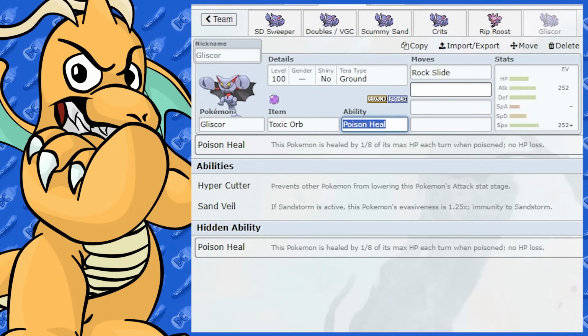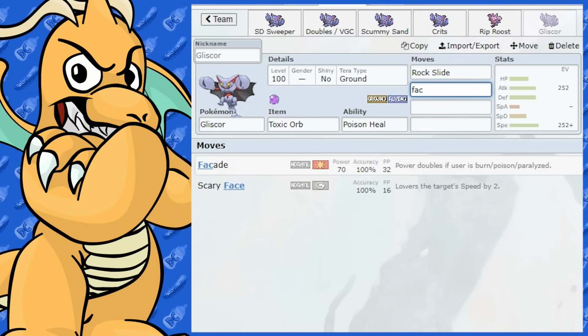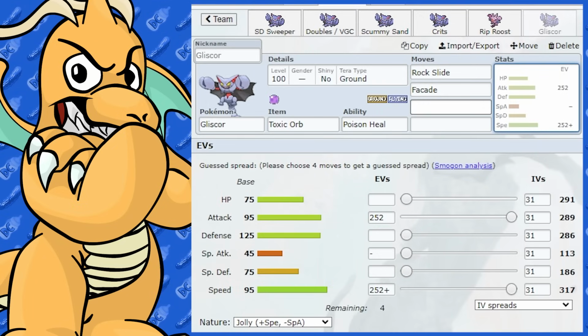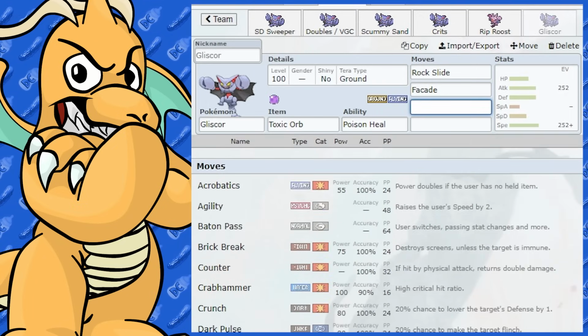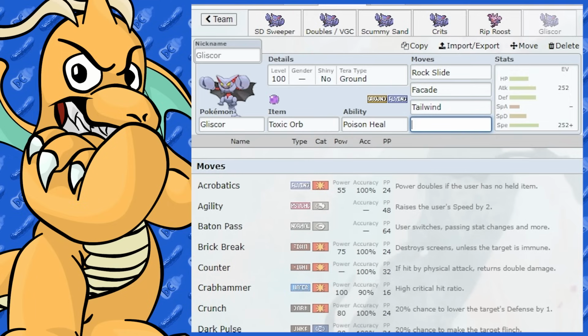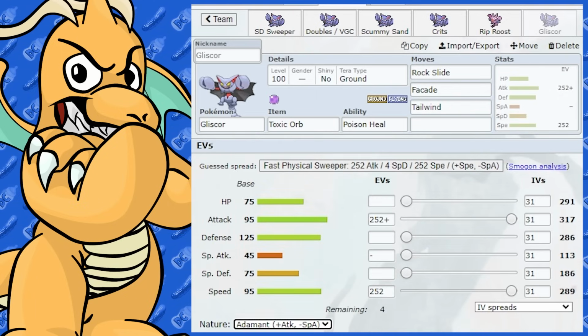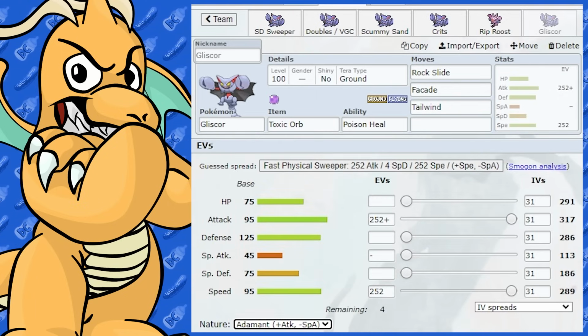It just works, and it gives you the option to have Facade too. It also stops anyone burning you and statusing you, which is going to be very good. So you've got that going. You've got Tailwind as well, so Tailwind is very good. If you've got Tailwind on that, you could probably opt for something like Adamant,